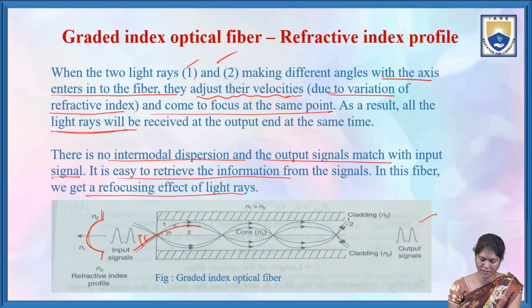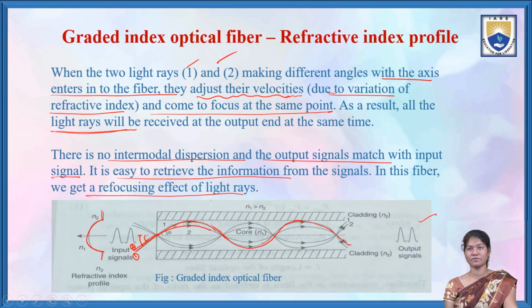So this is the second one, this is the first one. The larger angle ray is taking a path in a parabolic manner, and it is taking a refractive path in this way, a parabolic way. So like this, the light rays 1 and 2 travel in a parabolic manner in the core,